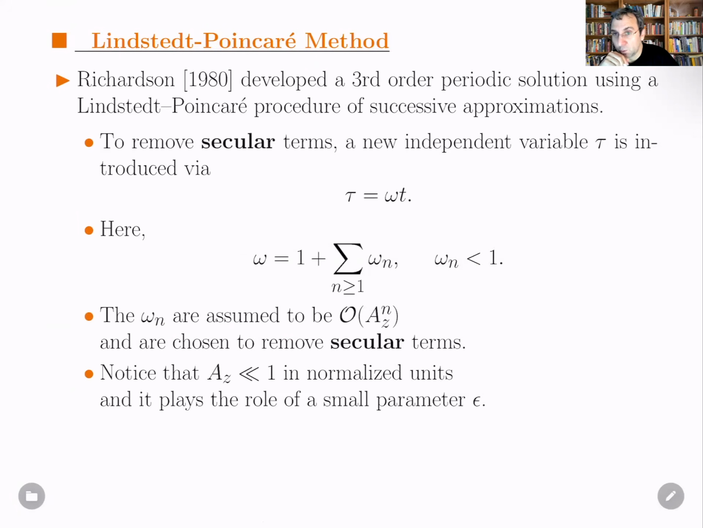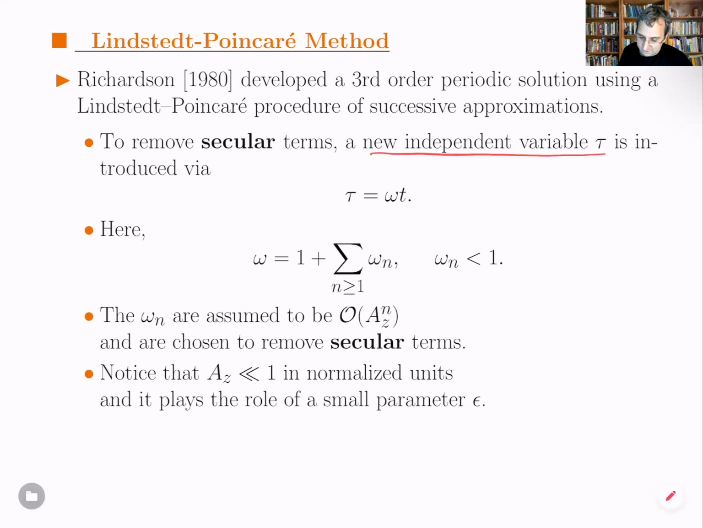So Richardson, in a paper that I can give a link to, but we have most of the results in chapter 6 of the book. Like I said, he's developed this third order approximation. He uses the Lindstedt-Poincaré procedure. What the Lindstedt-Poincaré procedure does is it introduces a new time variable,